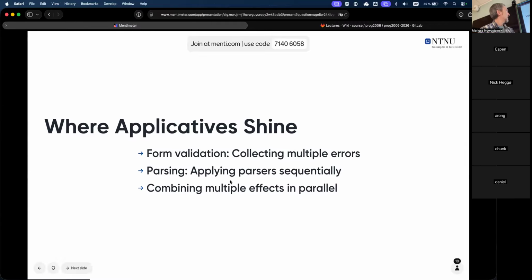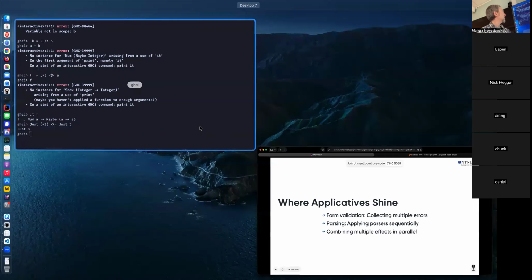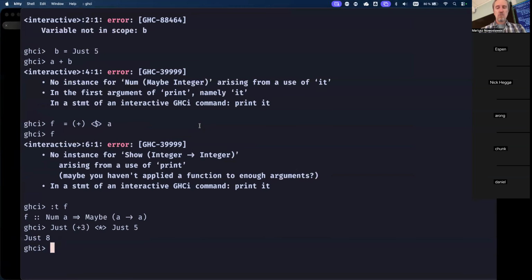So with parsing, applying parsers sequentially, or with combining multiple effects in parallel. If you want to do something and you don't care about the order, then you can combine it with applicative. I showed it to you last time, where we had,